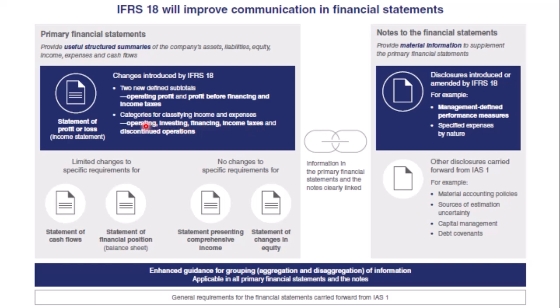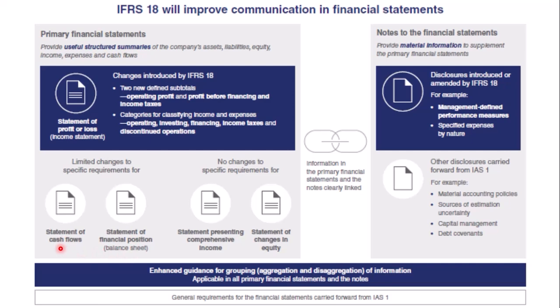You'll see that operating, investing, and financing sort of makes it feel like we're talking about the cash flow statement, but it's for the year, so it's not just the cash, right? It's the actual income and expenses per category of operations there. So there are limited changes to the old balance sheet, to the statement of financial position,